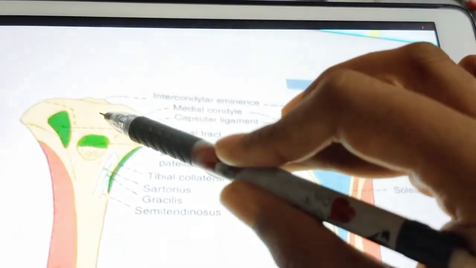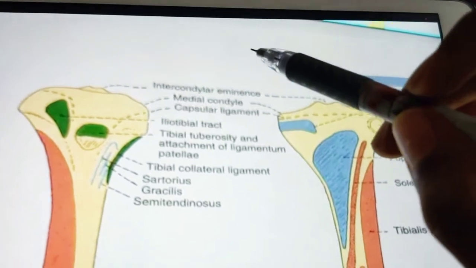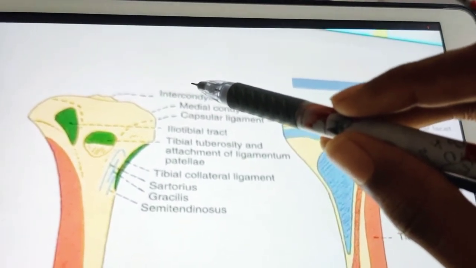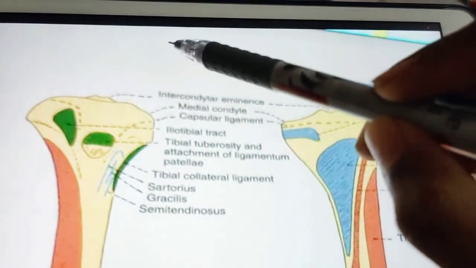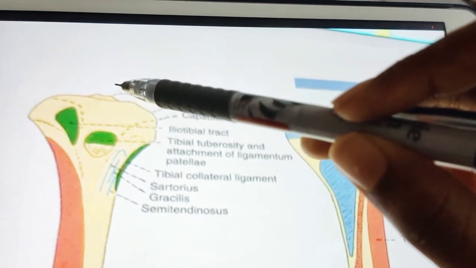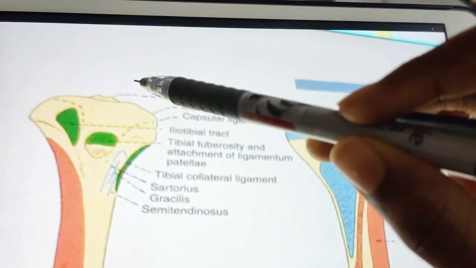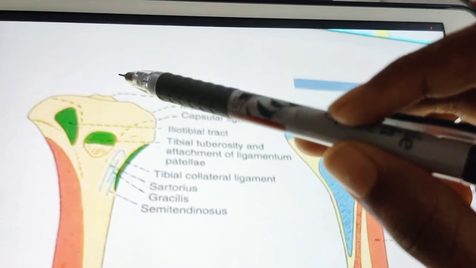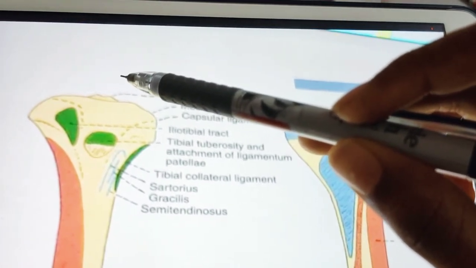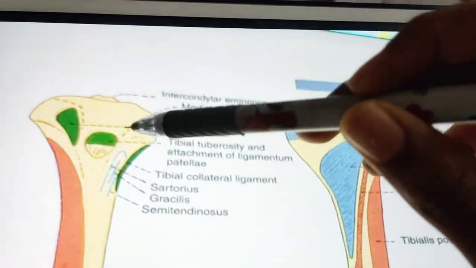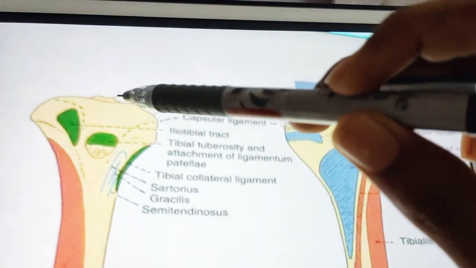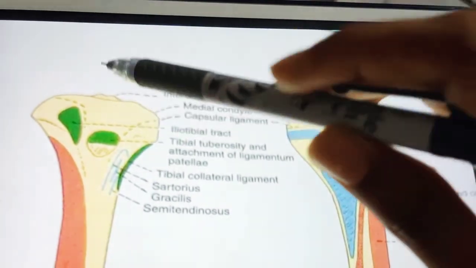Okay, intercondylar eminence here. So the following are attached from before backwards. First, the anterior horn of the medial meniscus, just in front of the medial articular surface. And there is also the anterior cruciate ligament on a smooth area behind the previous attachment, that is behind the medial meniscus, and there is also the anterior horn of the lateral meniscus, in front of the intercondylar eminence, lateral to the anterior cruciate ligament. So these are all different structures which will be attached over here, and also there is the posterior horn of the lateral meniscus to the posterior slope of the intercondylar eminence.